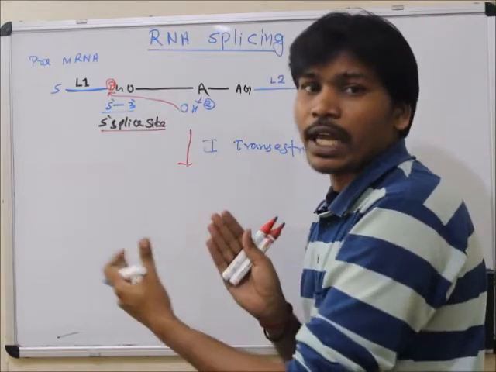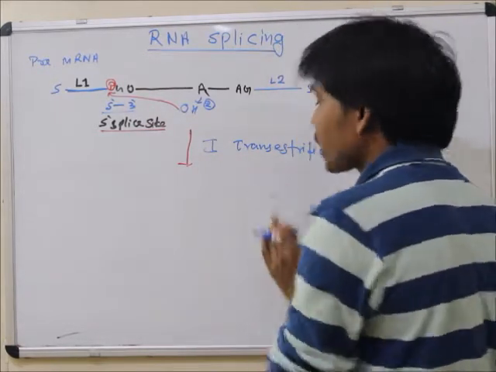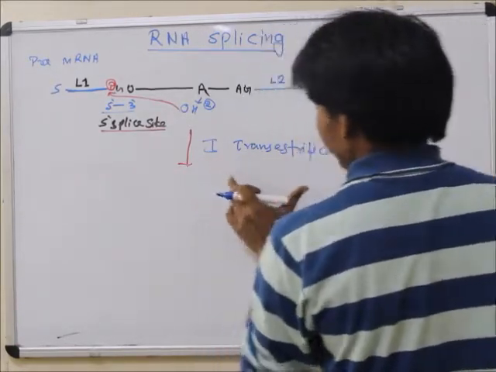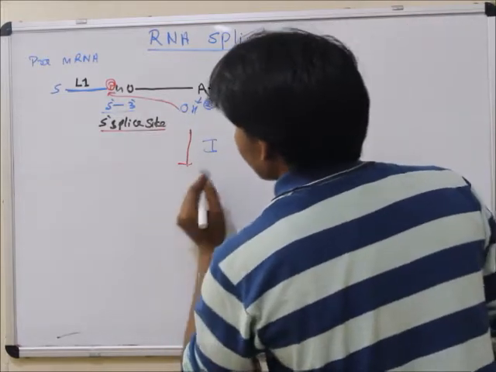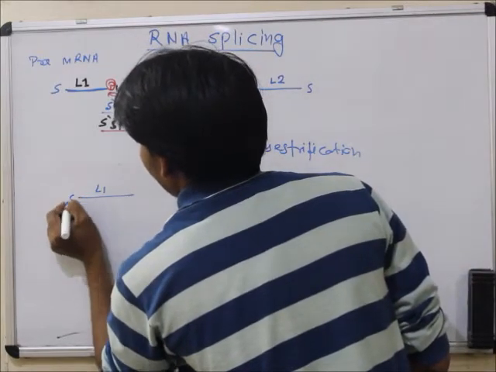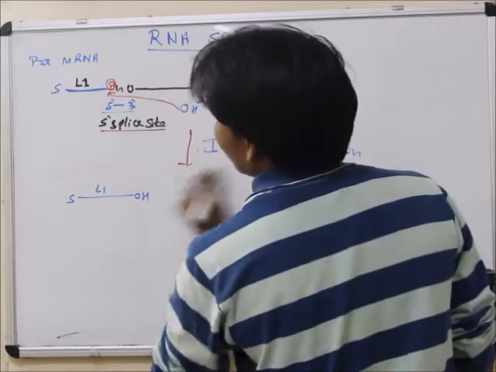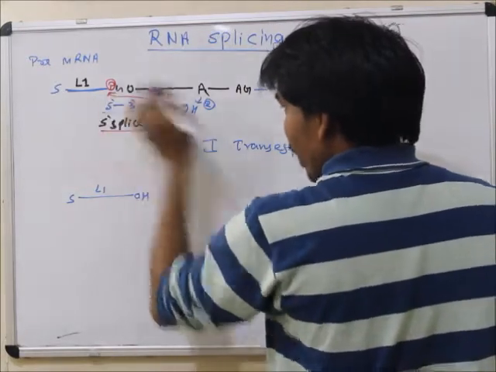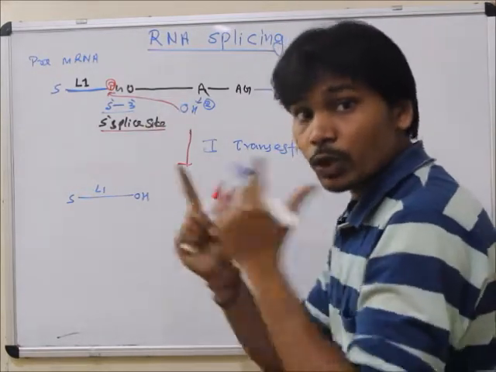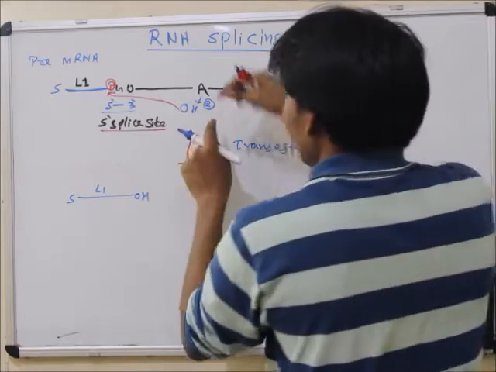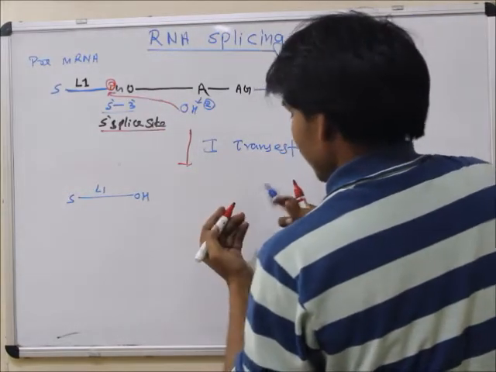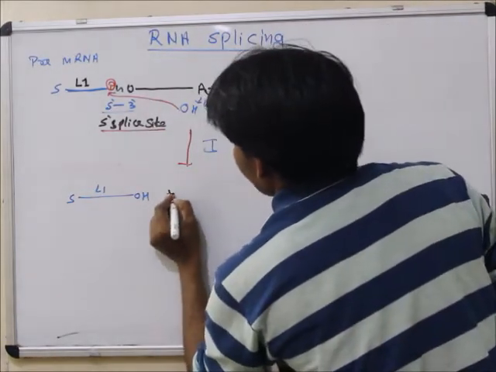I will describe the sites, but first I will describe the trans-esterification, because this is also most important. You will see here that there is the first trans-esterification reaction. So what happens? This is the breakage, that is L1,5, and the remaining OH breakage, and these make bonds with the phosphate. So imagine what would happen. These bonds here. So there would be the structures plus